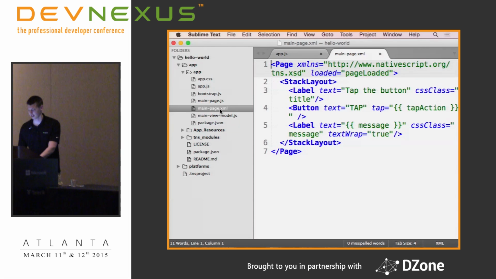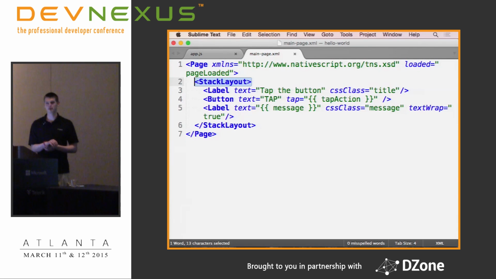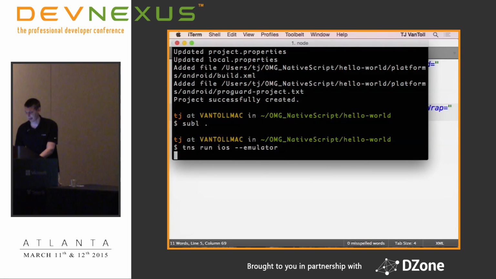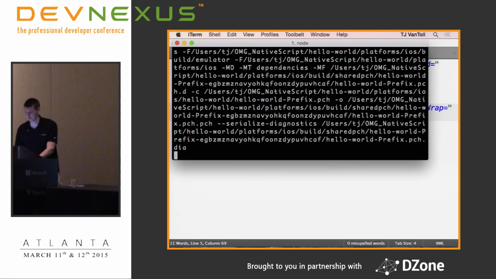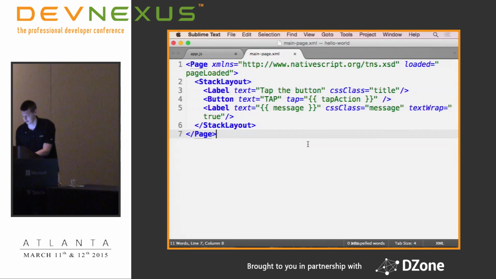Here's what the starting sample page in NativeScript looks like. This is actually the simplest of the NativeScript layout mechanisms. It's a stack layout. Stack layout is fairly easy to understand because it just says stack things up. You can either stack things horizontally or vertically. Vertical is the default. In this case, it's just adding a label, a button, and another label. So if I run this thing, running on iOS, this usually takes a little bit of time to kick up. And in the meantime,